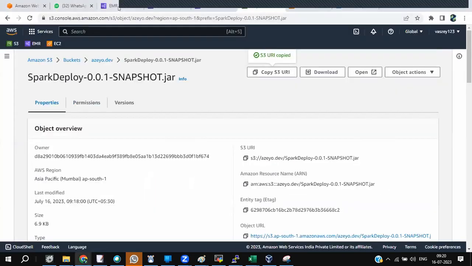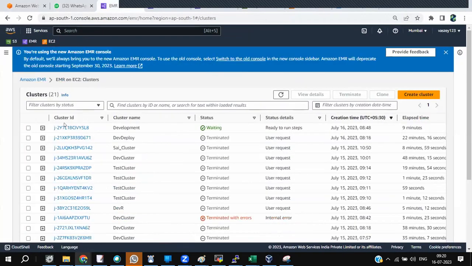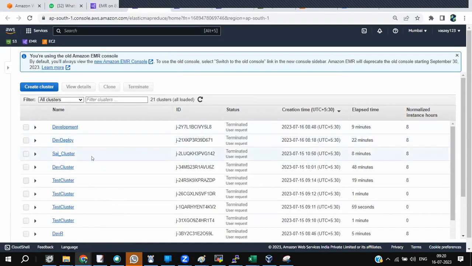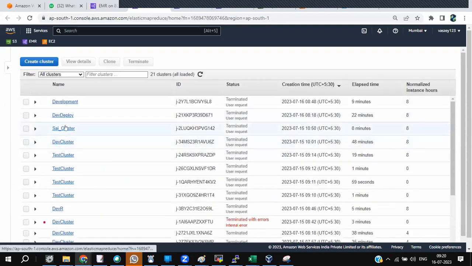Now go to EMR. All right, folks. When you have EMR available, you can use this console or switch to the old console. If you switch to the old console, it gets back to the original one, because I got used to this console. Somehow I have to get used to the new one, but they're changing the UI. After September, you'll not see this UI also. I'm continuing the same. Maybe I have to practice the new console.